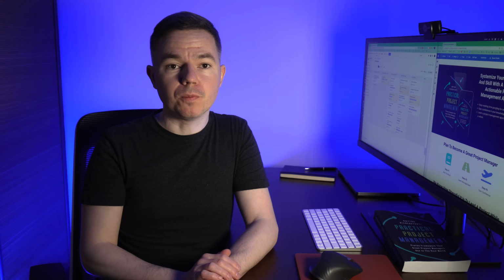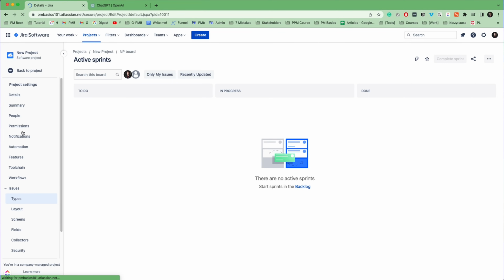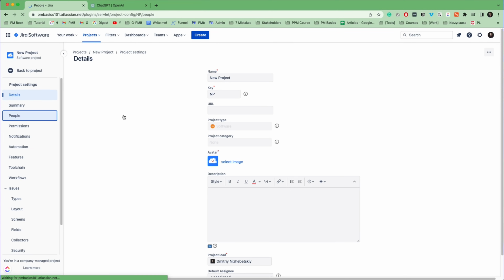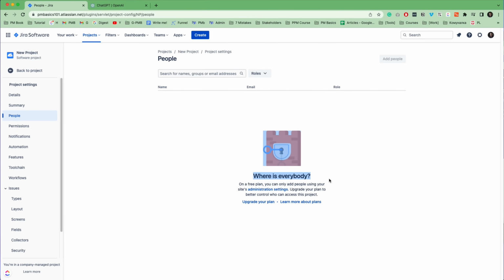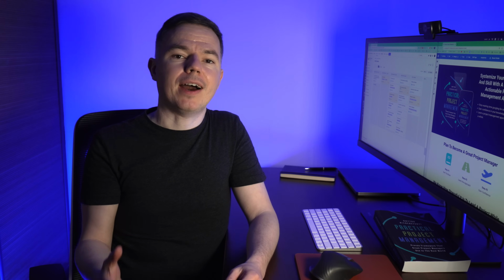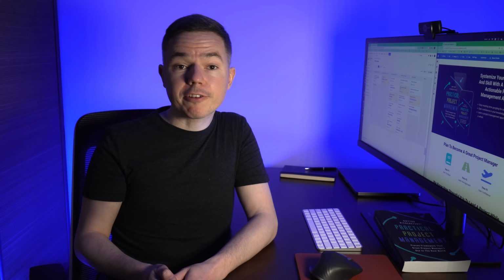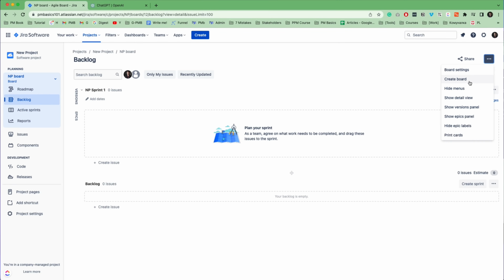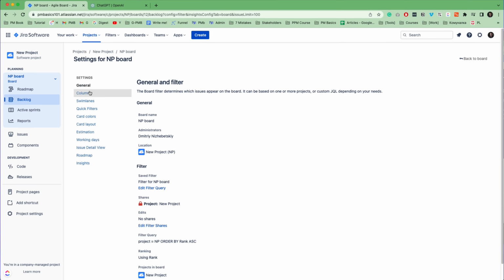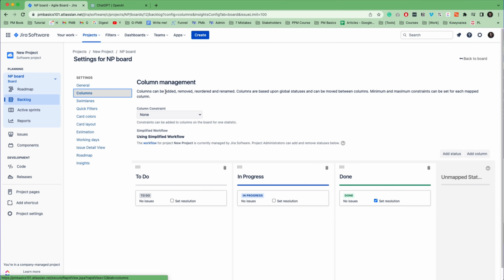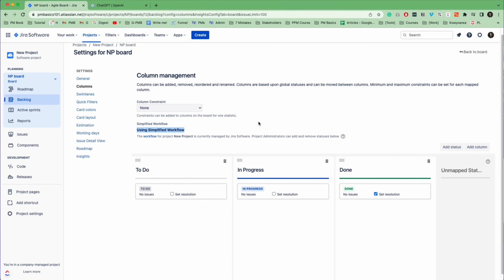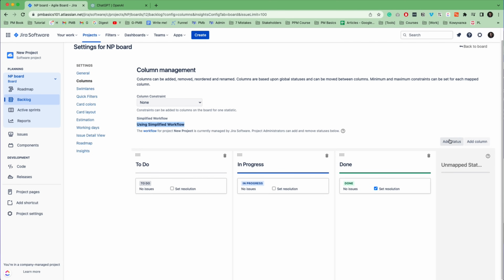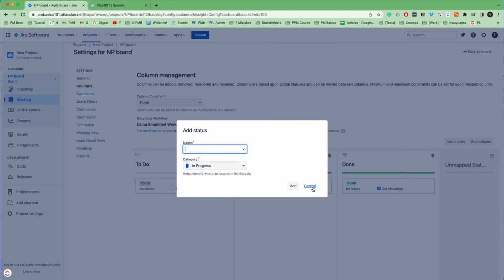Here's the checklist for you. First, check that all team members have access to the project. The easiest way to do that is to give them a link. If someone doesn't have access, ask the Jira administrator to add people to the project. Second, you need to check the Jira board setting. You should check your board's workflow, statuses, and columns. If your company uses simplified workflow, you can add statuses and columns to your project board yourself, and Jira will create those workflows for you.